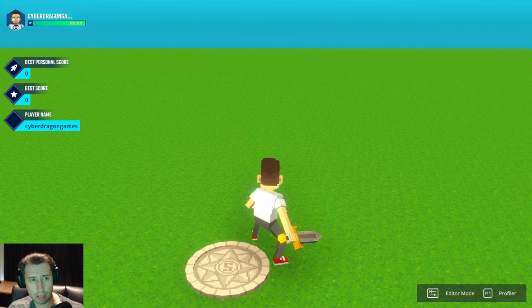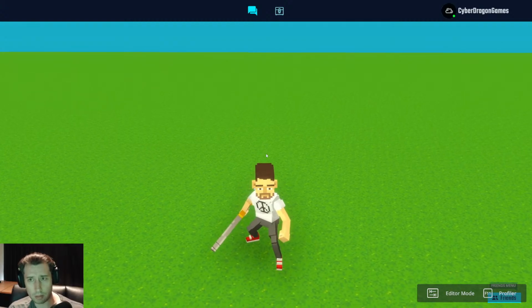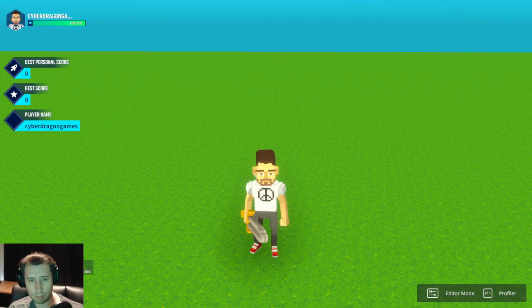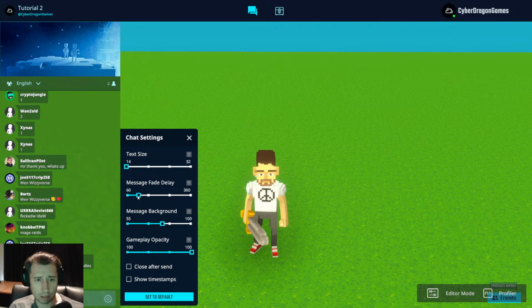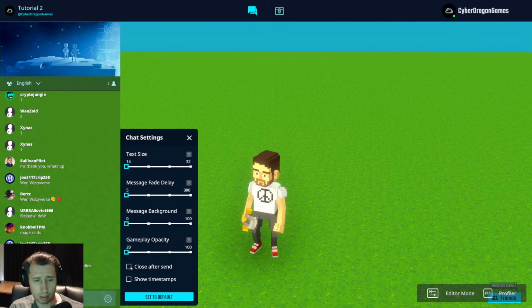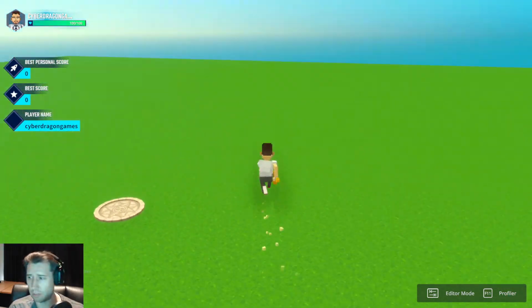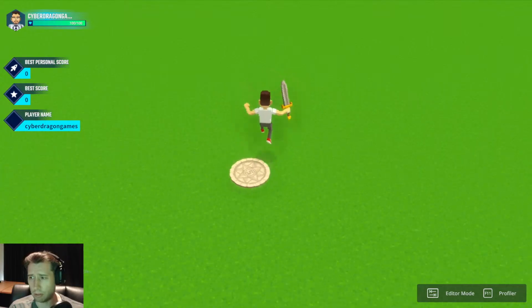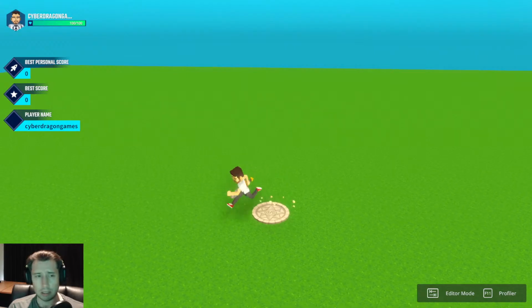It connects to chat, and then there we go. There's probably settings here: text size, message fade delay, message background, gameplay opacity, and that's it. So now it just pretty much fades in the background. And it's behind my picture as well, so you can't really see too much of it, but it's gone now. All right, so